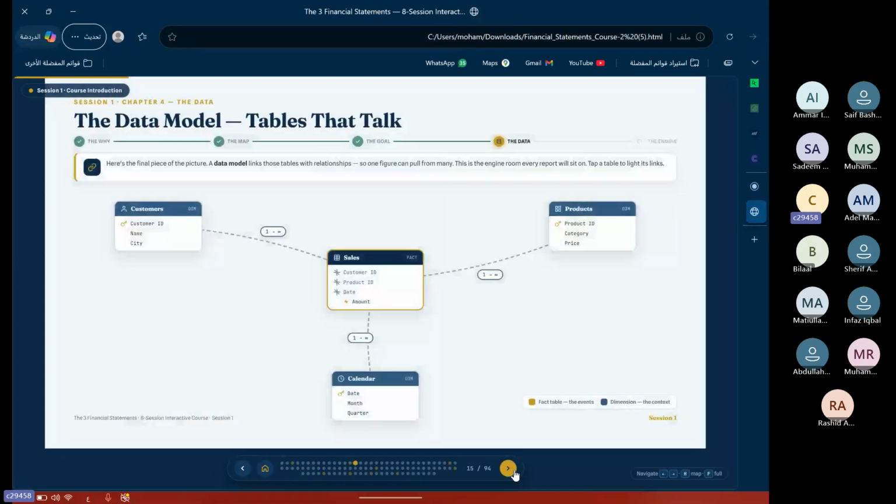Then we will connect all these tables by relationships in Power Pivot. So this amount that we have in sales, we can see by anything. We can see this amount by name of customer, by city of customer.